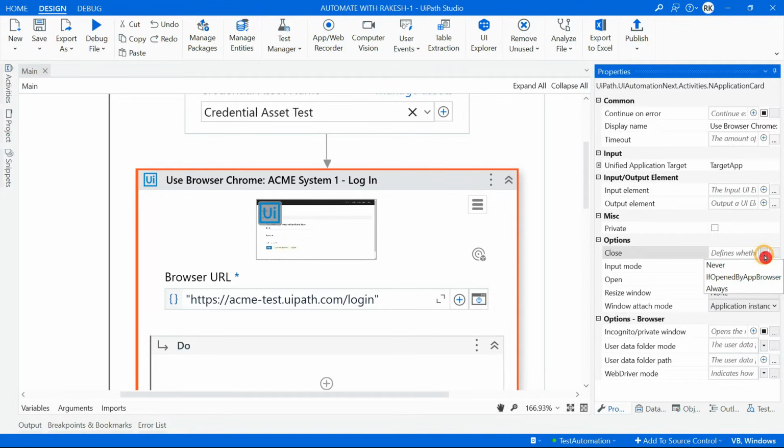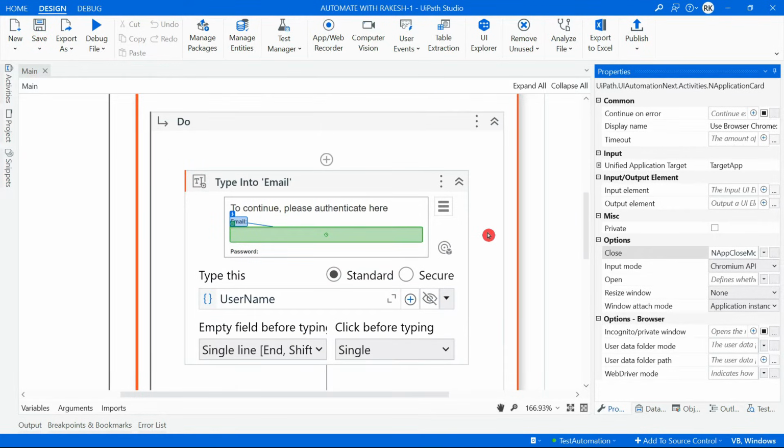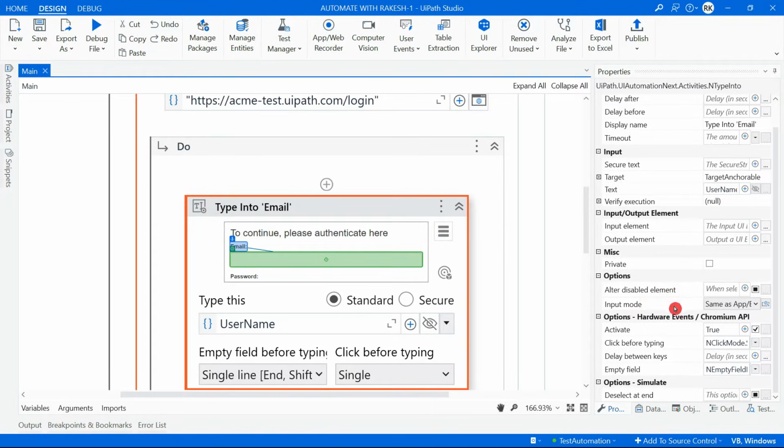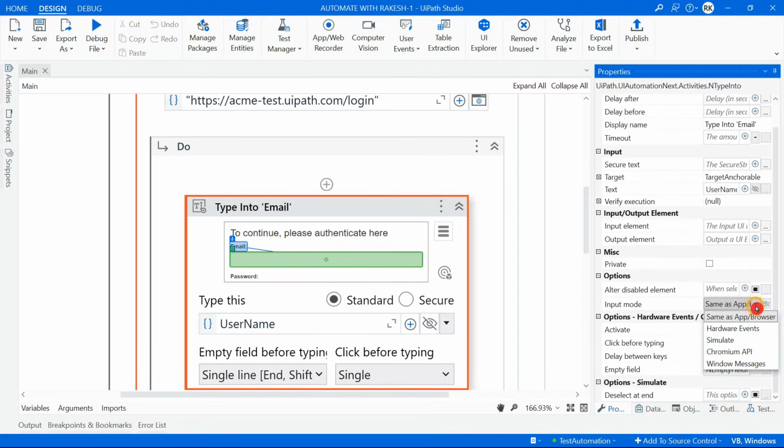Close. Okay, here there's a property called close. You say never, so you should not close it. So save, and in case you would like to see that input element, output element, input mode, hardware event simulate. It is happening very fast. So I will keep it as hardware event, and